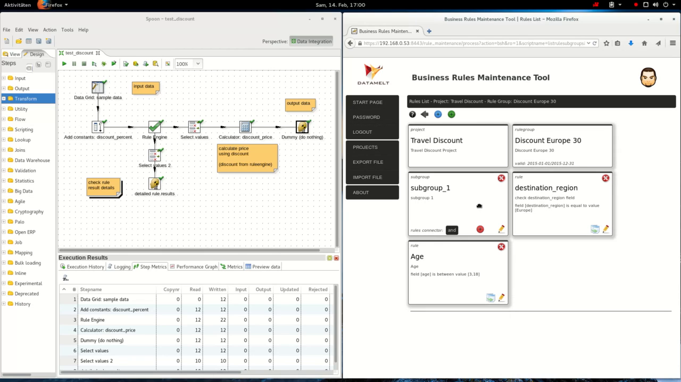Okay, so here's our second group. We have a discount Europe 30 group, and it says if destination region is equal to Europe and the field age is between 3 and 18. And here you can see in this subgroup I have those two rules, and the rules are connected by an AND condition. So you really have to read it as destination region and age, and if both conditions are true, we create another action